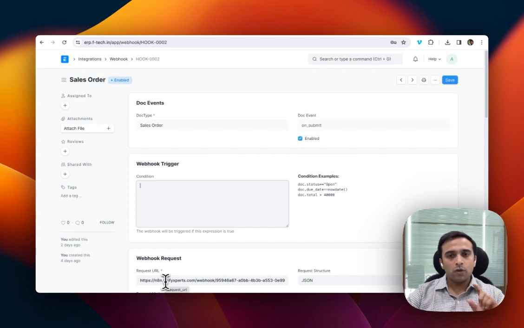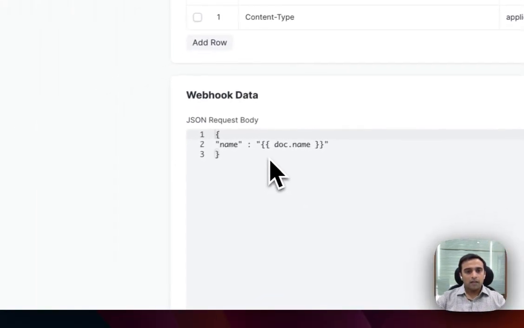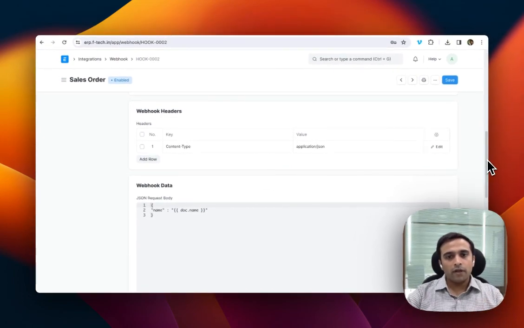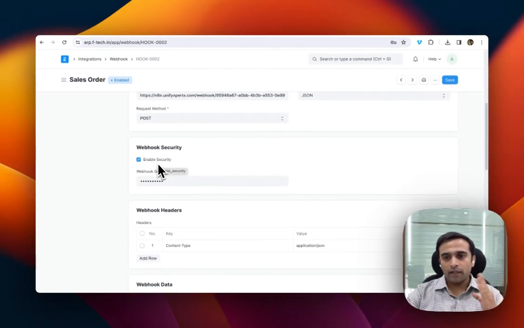So I've configured it to a URL on n18, which is a kind of middleware that I'm using for workflow automation. And then you can define the payload that you want to send as a JSON or even as a form or a URL encoded form. You can also enable security, which means that the endpoint is not kept open and it is secure. So once I configure this and I create a sales order on ERPNext,